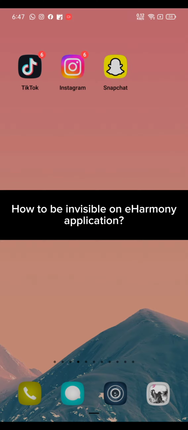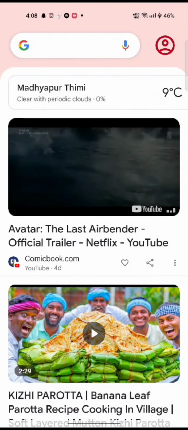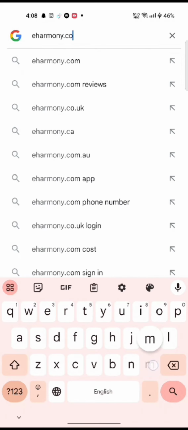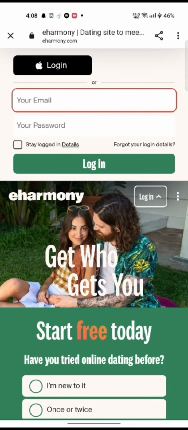To be invisible on eHarmony's account, firstly go ahead and open up your Google search. On the search box, type in eharmony.com and make a search. The official page of eHarmony will appear on the screen. Log into your account if you are not logged in and it will take you to the home page of